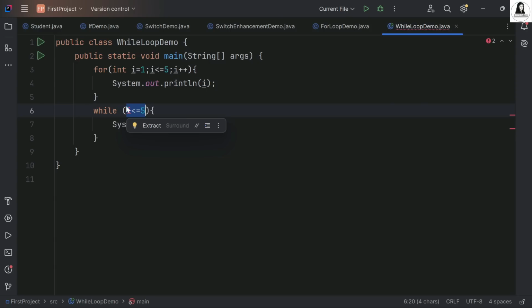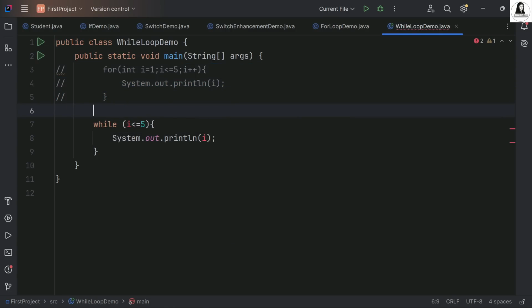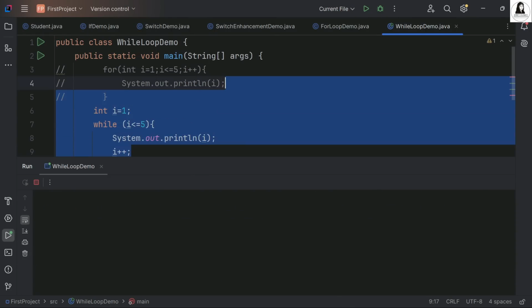So what you need to do, if you want to initialize and increment or decrement, you cannot do it within these round brackets. You have to do initialization before using it. So int i is equal to 1, that is outside of this loop, right? Then increment and decrement also within the loop, i plus plus or plus plus i, anything you can write. Now it will work fine, and it will print 1 to 5. See, it is printing